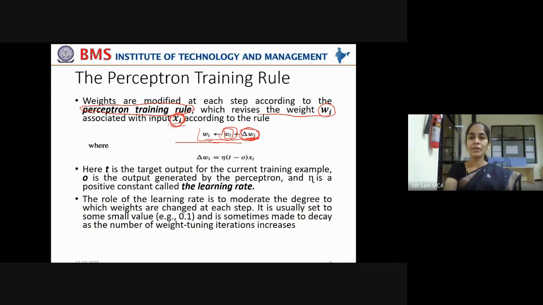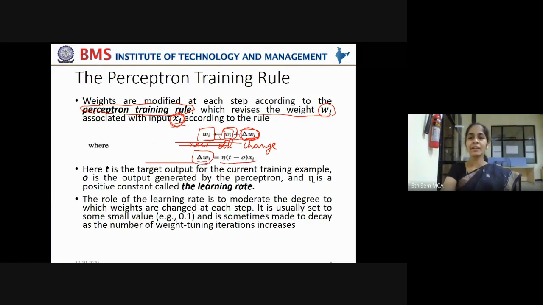Okay, that will be your new weight. This is your new weight. This is your old weight. This is the change you make to the weight whenever there is prediction error in order to reduce the prediction error. Now, how do you understand this change, whether more weight has to be added or whether some weight has to be removed, how you decide on that change? How do you add that value to the existing weights?